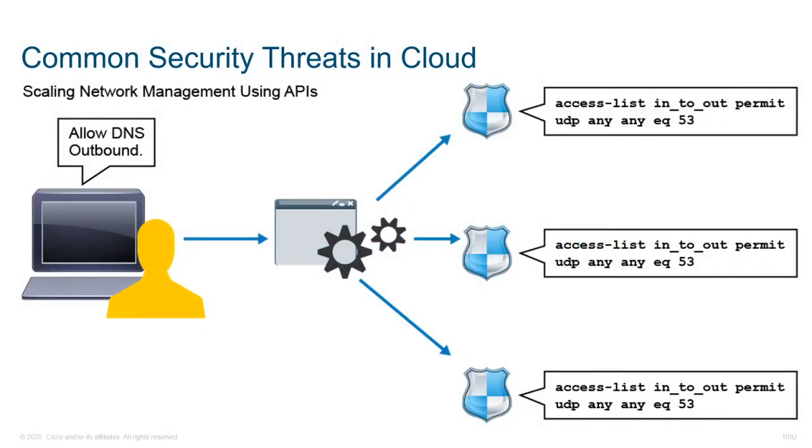In this topic, we're looking at some common security threats in the cloud, and here we see an example of some access lists, but what's actually happening is we have a programmer that is using APIs to roll out and to modify these access lists. So the more open our solutions are, the more they are allowed to integrate from apps that are developed by